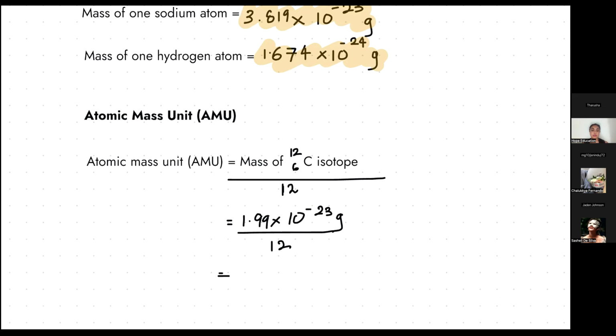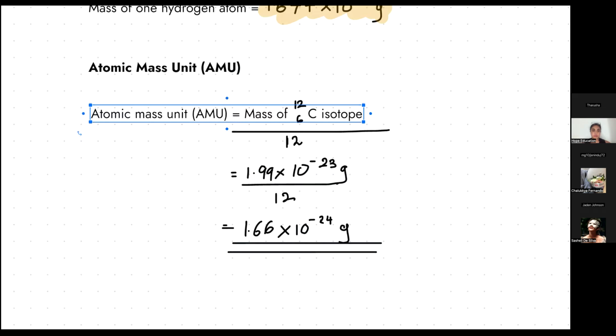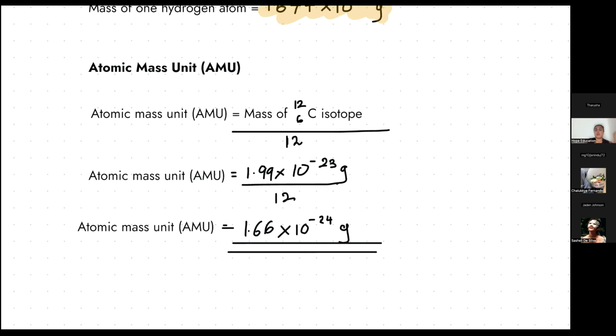You will get an answer like this: 1.66 into 10 to the power minus 24 grams. Now, when I say an atomic mass unit,